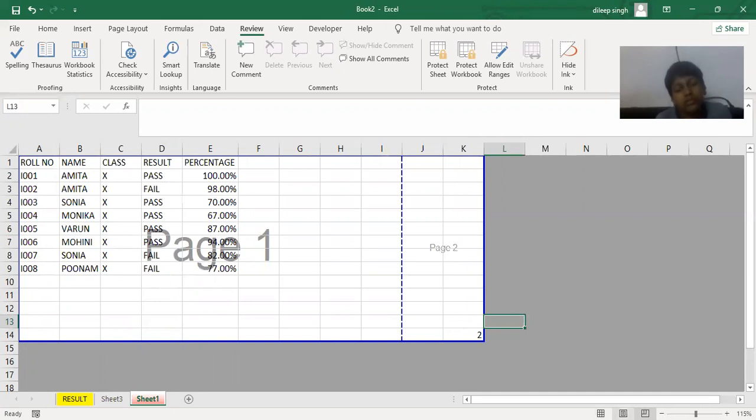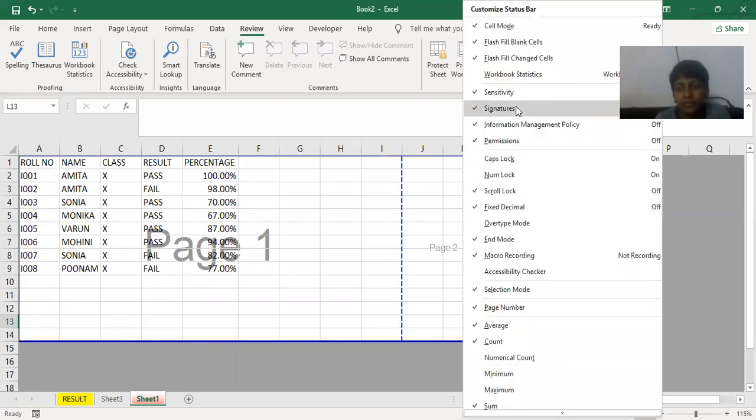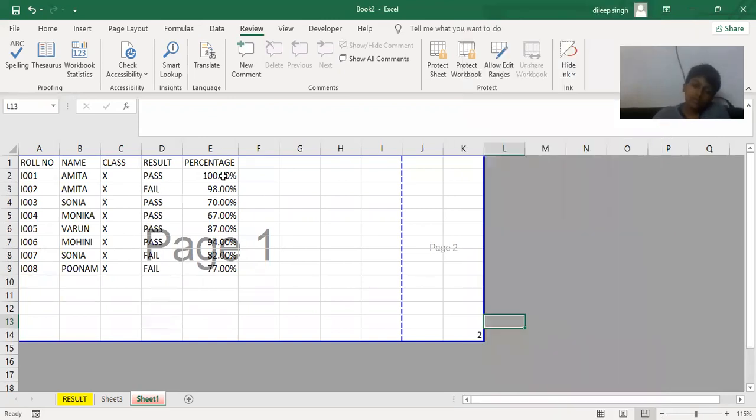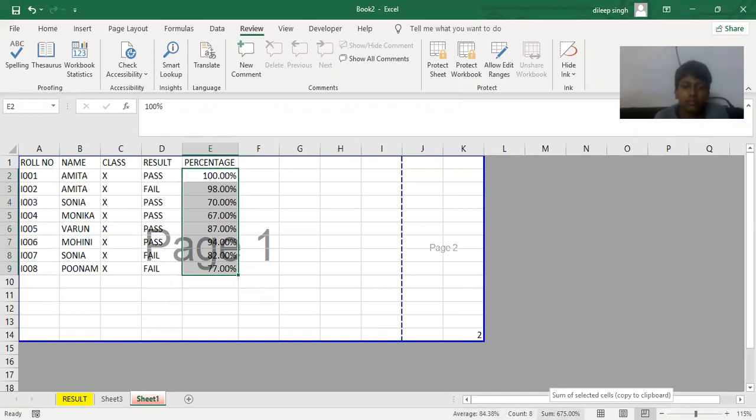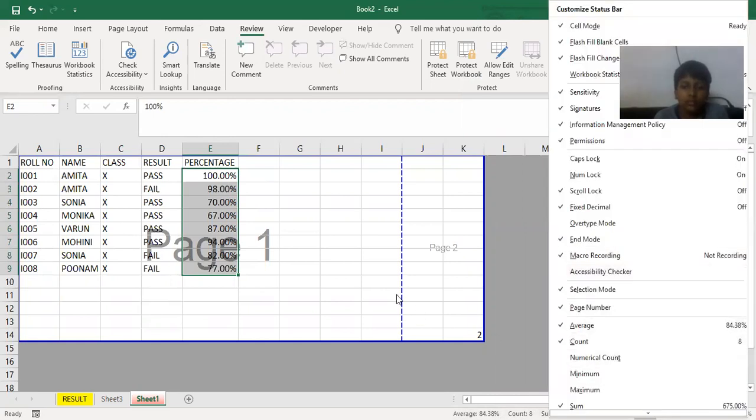So there are different views available there, and we can also set some function for the calculation. Just right click here. Just see there. Here we have a long list of options to show at the status bar of this particular section. If you want to find out the average of the particular content, here the options are average, count, minimum, maximum. So what we do, firstly just select this content and we will get the information at the bottom of this worksheet. Average, count, sum, and so on, as we check here, right?